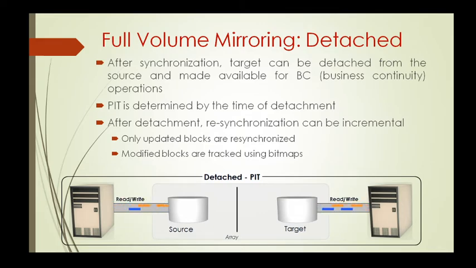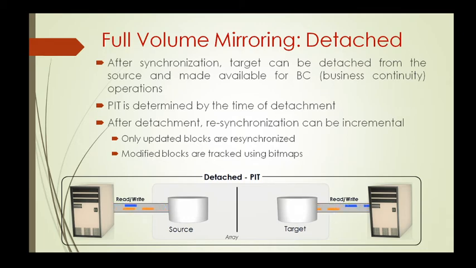Next we have pointer based full volume replication. Another method of array based local replication is pointer based full volume replication. Similar to full volume mirroring, this technology can provide full copies of the source data on the targets. Unlike full volume mirroring, the target is immediately accessible by the BC host after the replication session is activated. Therefore, data synchronization and detachment of the target is not required to access it. Hence, the time of replication session activation defines the PIT copy of the source.